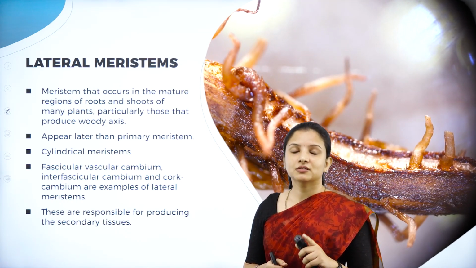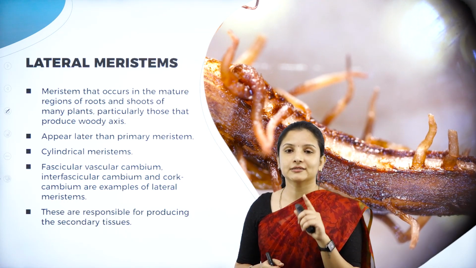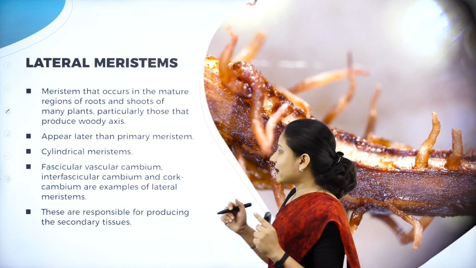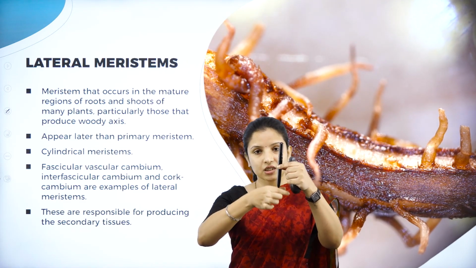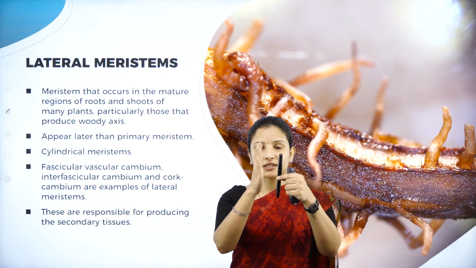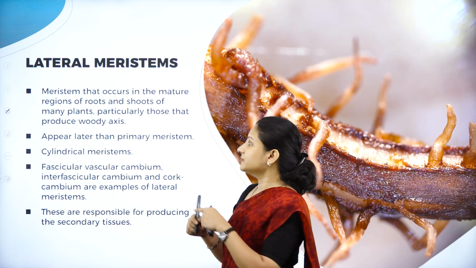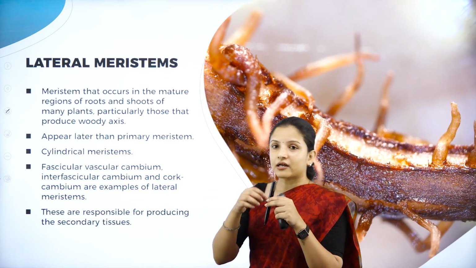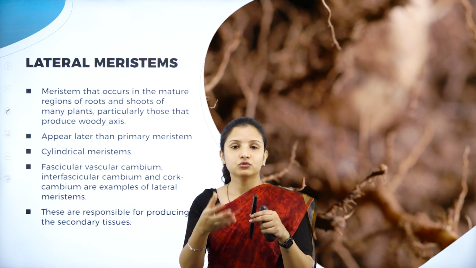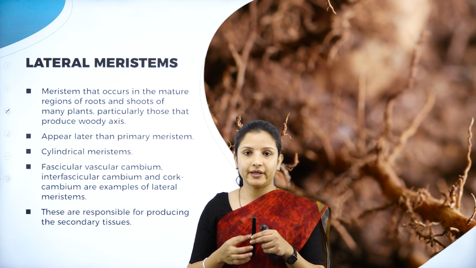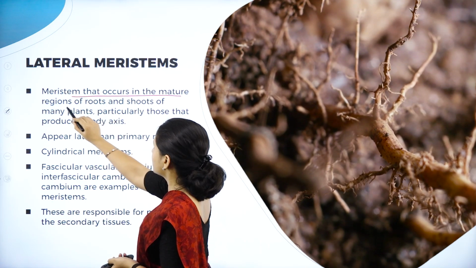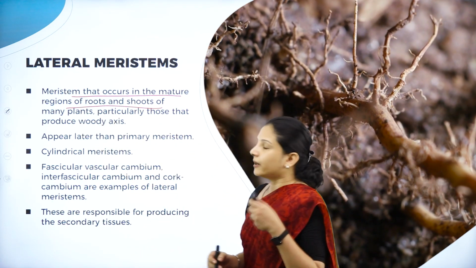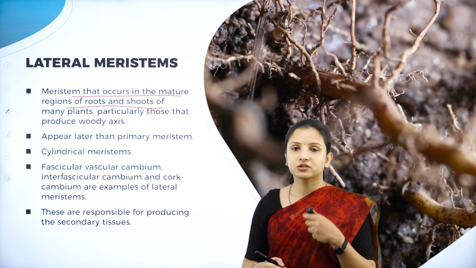Under secondary meristem, what was it called? It was called the lateral meristem. That is, lateral means at the sides. So those present at this particular region will be the primary meristems, and after the formation of the primary meristems, those meristems that occur in the mature region of the root or the shoot are called lateral meristems. So here, meristems that occur in the mature regions of the root and the shoot, especially those which produce the